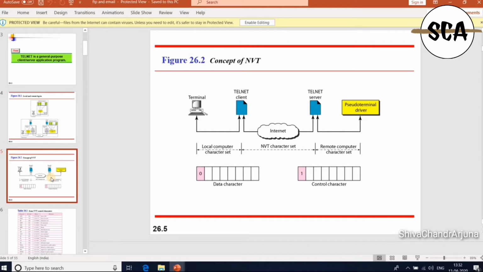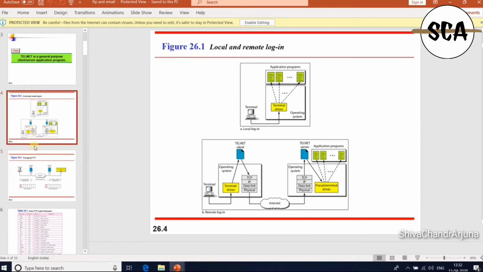User identification defines the user part of the system. To access a system, the user logs onto the system with a user ID or login name and password. When a user logs into a local time sharing system, it is called a local login.